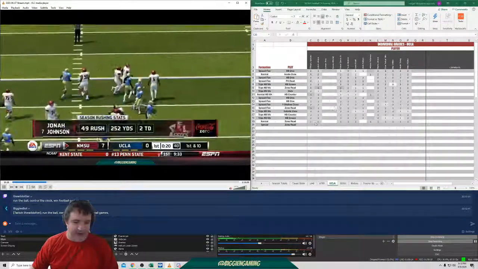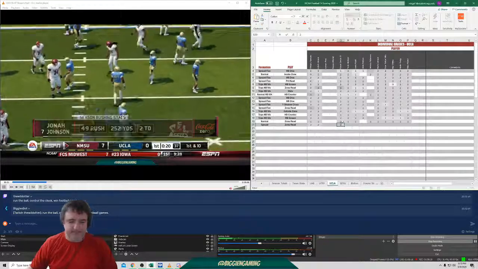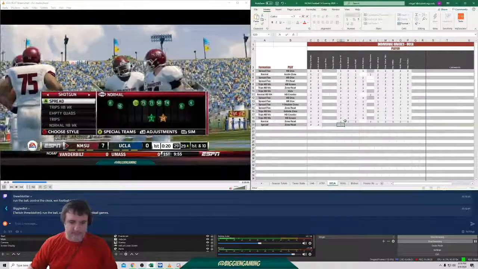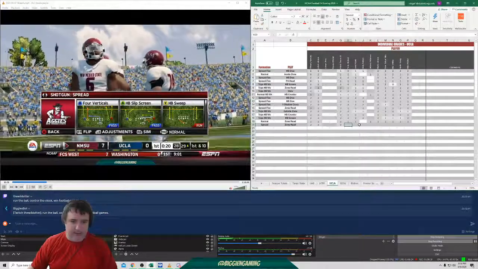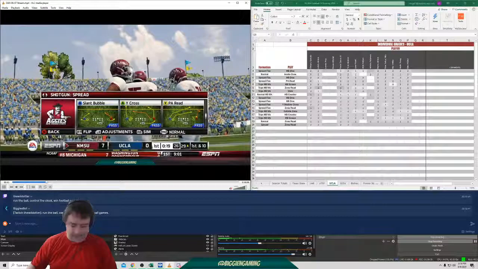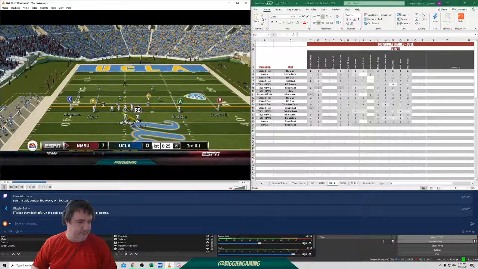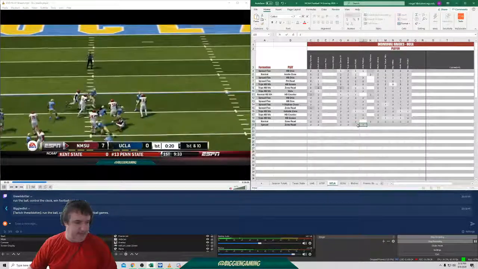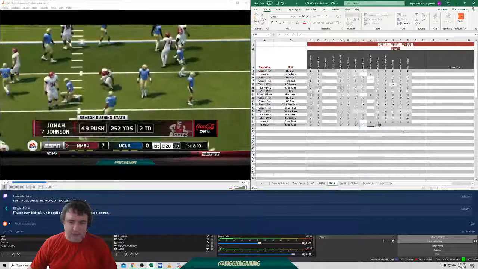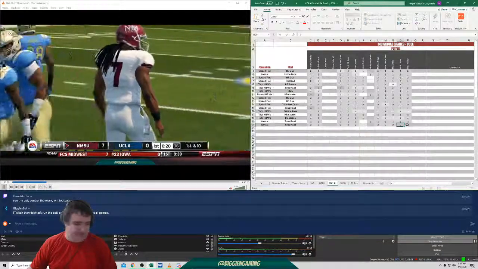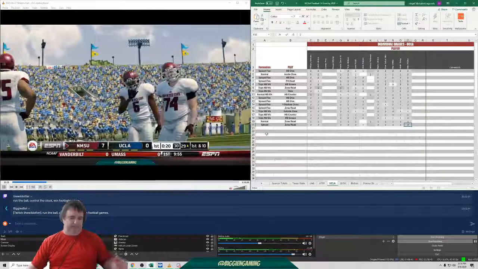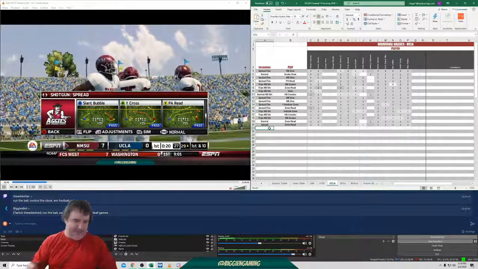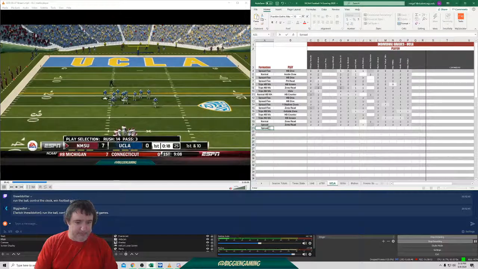Good carry out of the fake. Took the tackle. I think we got a 2. No, Bodison's a 1. Bodison's a 1. Everyone else is basically a 2. 2, 2, 2, 2, 2. Okay. First down. If we get a first down on that play, I'm going to give them a 2. Okay. Because we got to have that spread.